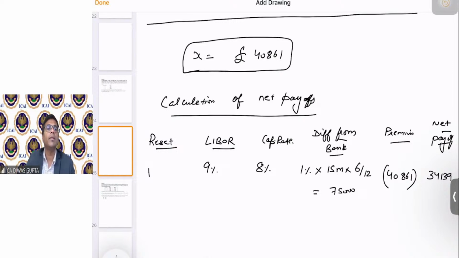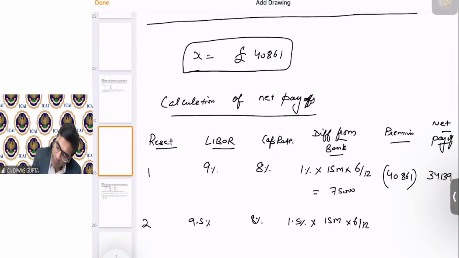So the first is clear. Let's move to the second reset period, students. In the second reset period, what is the LIBOR now? 9.5%. Cap rate was 8%. Still, are we beneficial from this cap? Yes. It is still in the money. 1.5% multiplied by 15 million into 6 by 12, which is equal to